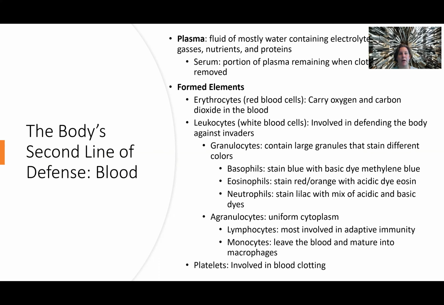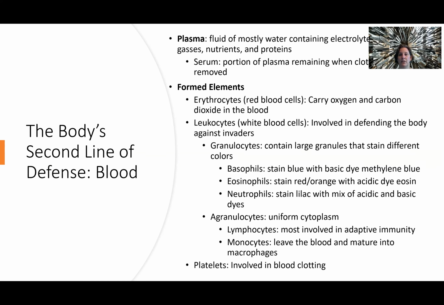So we need to talk quickly about blood as a part of the second line of defense. So the liquid part of the blood is plasma or serum, depending on whether the clotting factors are present. But then we have the formed elements. So red blood cells are carrying oxygen and carbon dioxide. They are not involved in these processes. But then we have this large group of white blood cells or leukocytes. And they are grouped into two different